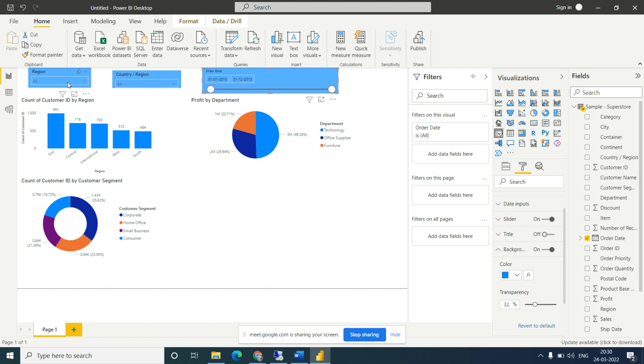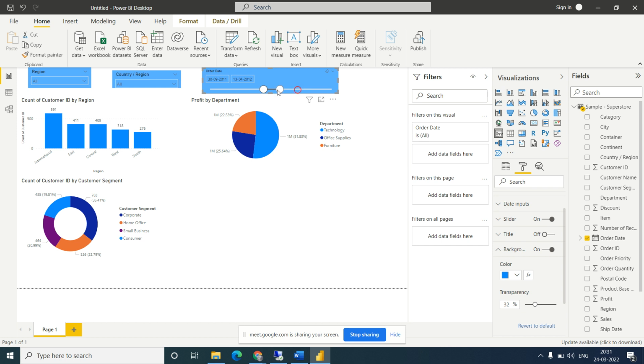Now if I select any date, like I want to select a particular date, we can filter from this range to the particular range. So 10/1/2011 to 12/12/2012. It will filter everything.